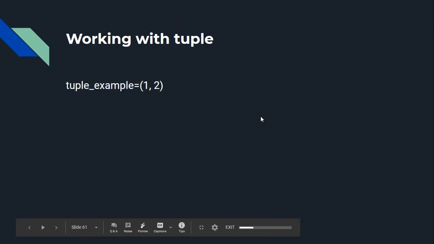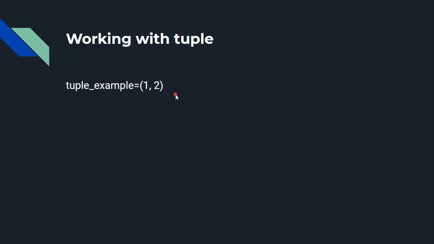So a very simple example of tuple is this. Whenever you create any tuple, you will use parenthesis and then pass the values. So tuple is nothing but a sequence of data, but they are immutable. Immutable means you cannot change any element present in the tuple at any particular position. The position of every element will be fixed in the tuple. So they are called immutable.